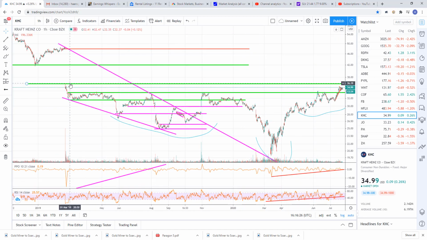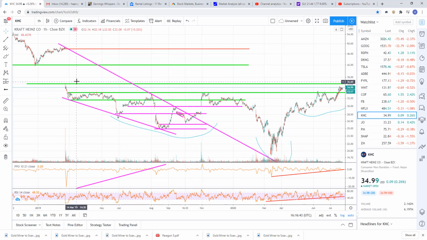There it is right there. Or sorry, it's about 36.12. But see the big gap right there? That gap's been there since February of 2019, and it's never been filled. So I think we're going to run up and start the gap entry process, and we'll just see what happens.